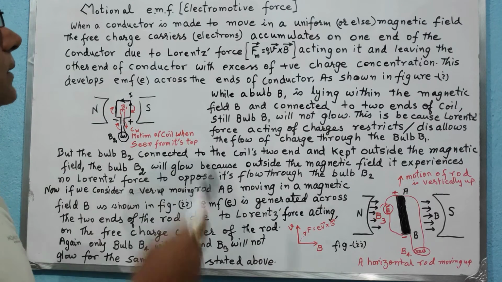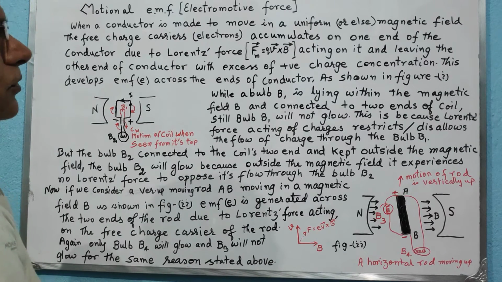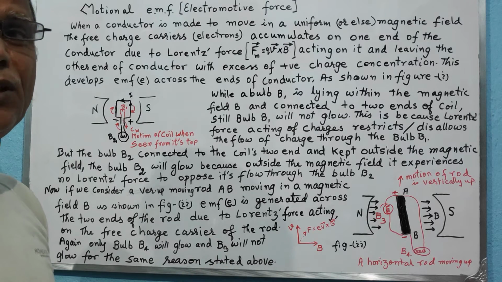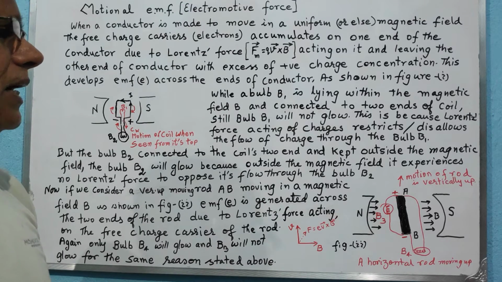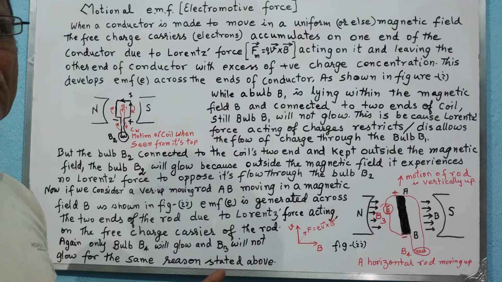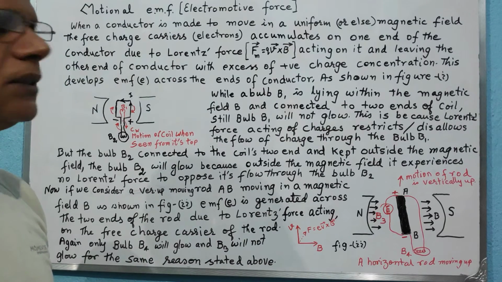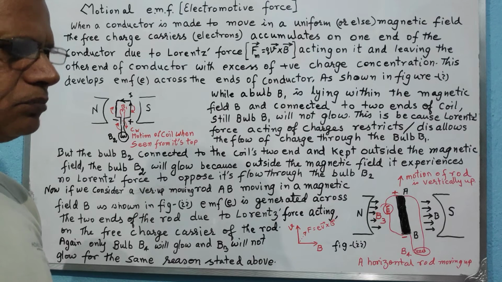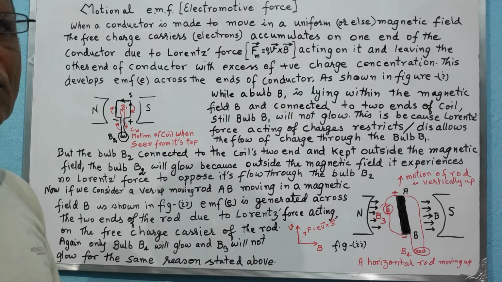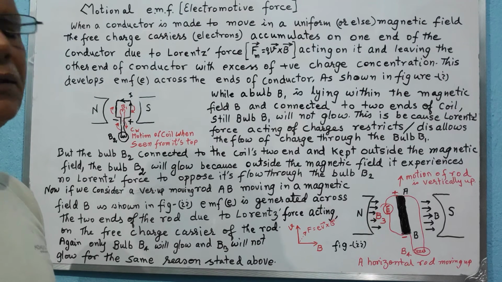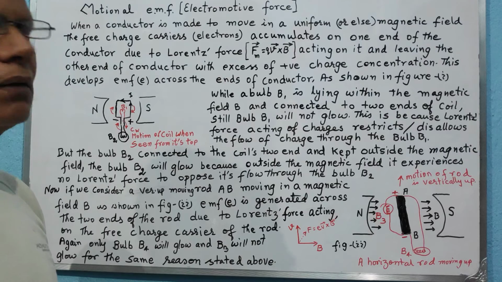So this is a very important discussion we have done, because in our day-to-day life we have a magnetic field always existing. At least the magnetic field of Earth is always there, and metallic bodies, metallic automobiles, all are made of metallic materials. They are moving in a magnetic field. So certainly a very low amount of EMF, but it is always generated, and so we need to deal with it if it becomes a problem in some way.